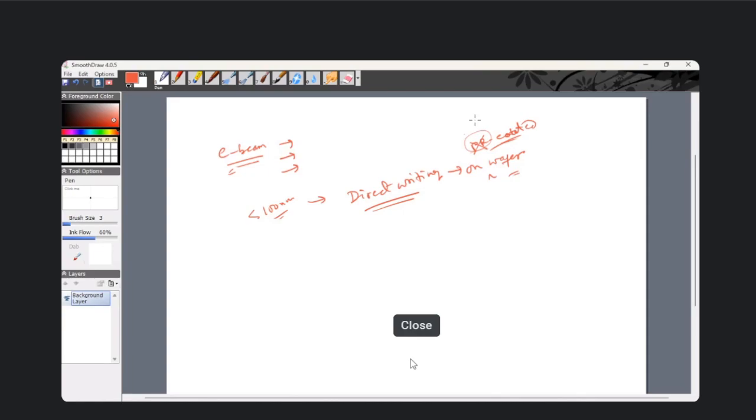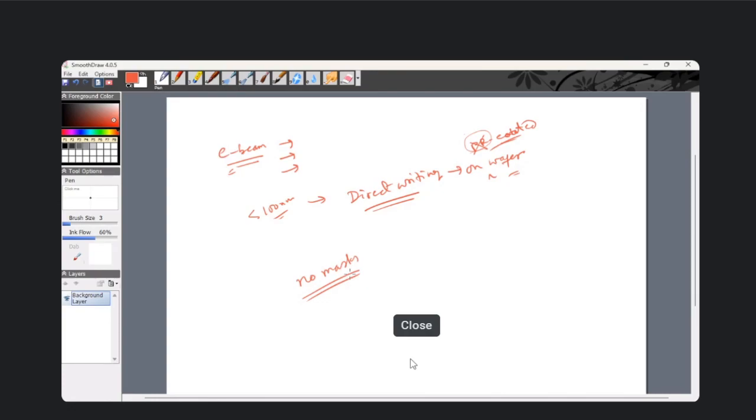Or sometimes you don't even need the resist. When the system becomes very mature, there is no need for any kind of resist. You can directly write on the wafer. Not only that, the computer control system, or robot control system, becomes so mature that for this electron beam exposure system there is no need of mask. No mask is required